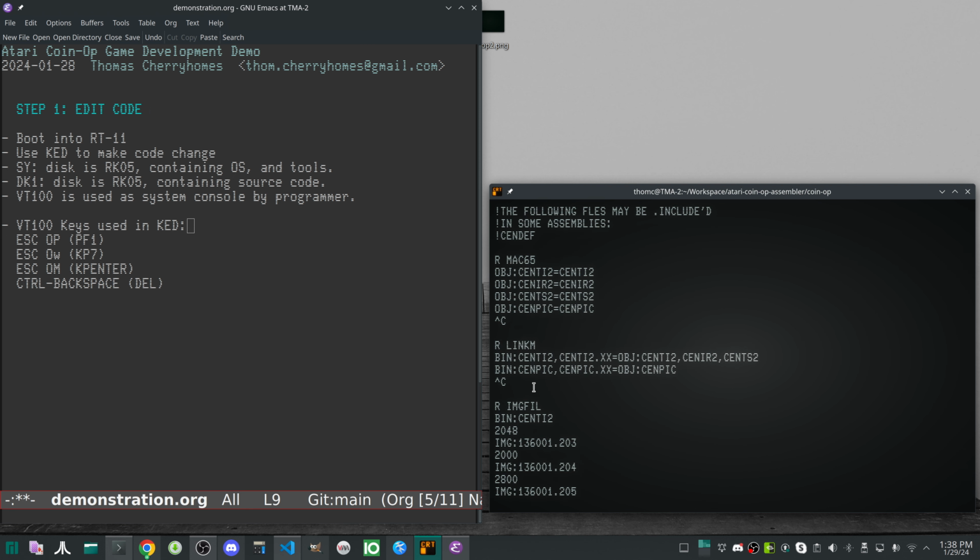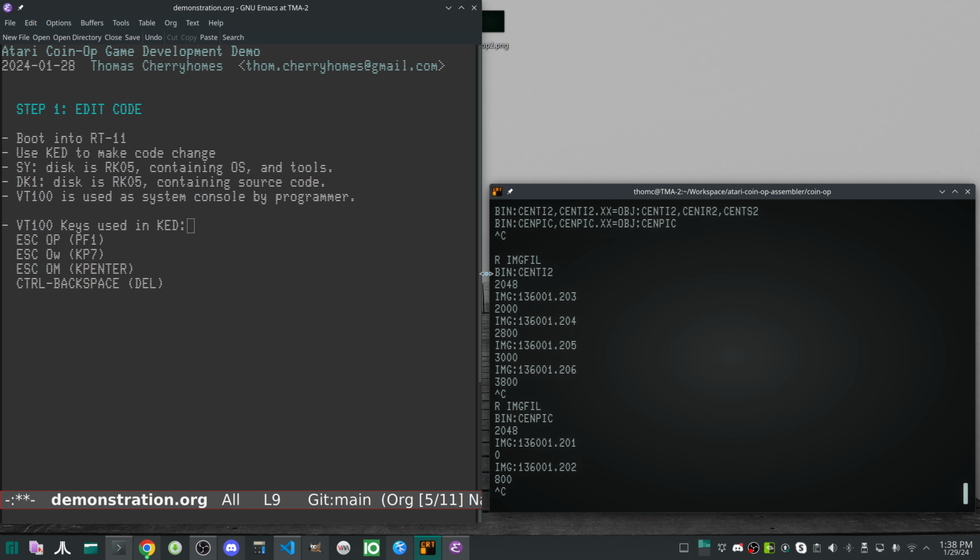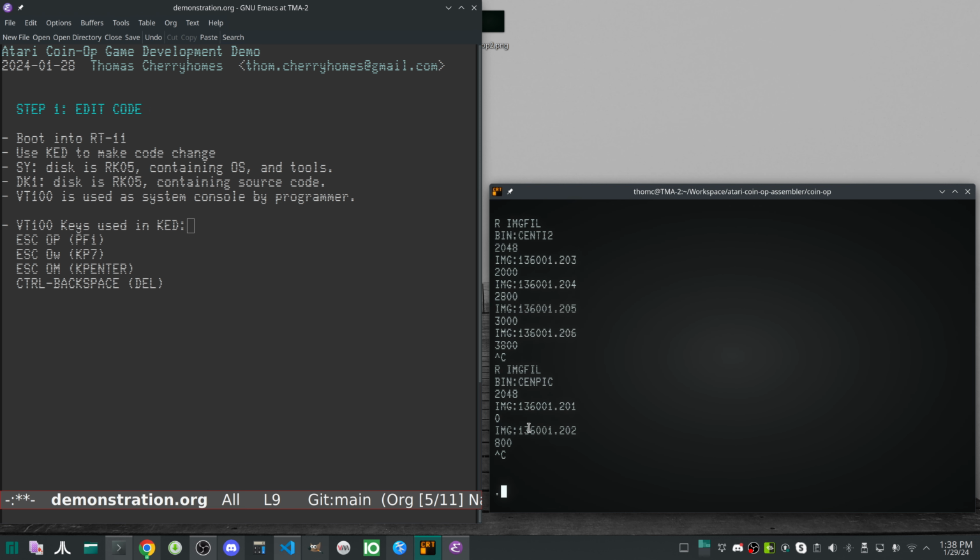do linkm to do the link, and then we use a tool called image file to split all of this up. So this is essentially what we will be doing by hand to demonstrate the process, but it's here just nonetheless. So